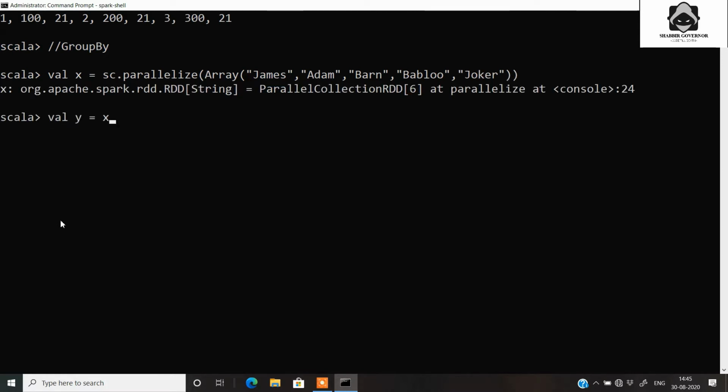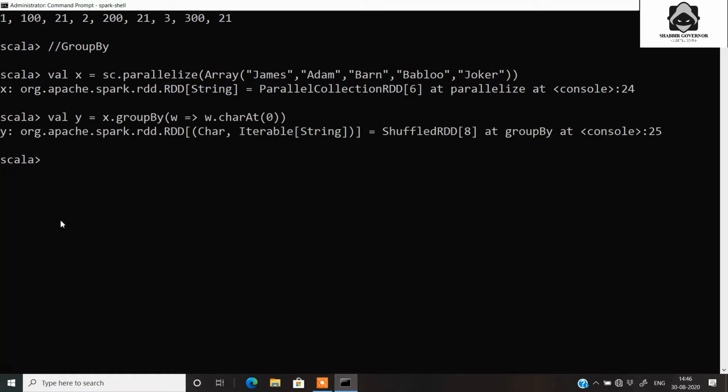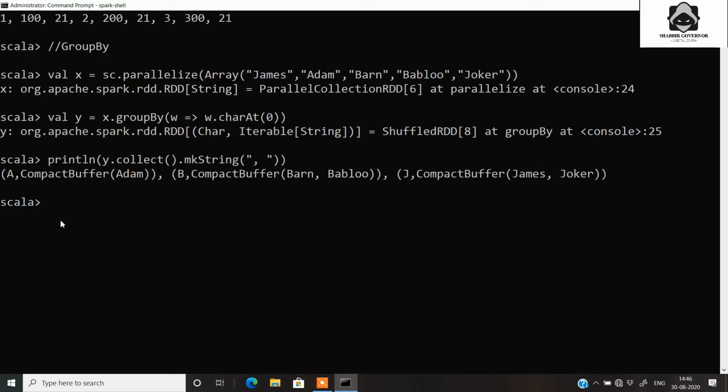Then we apply the groupBy function on it. We pass in the first element as an argument, and here we have the function charAt(0), which will check and group everything by the first character. For example, James and Joker will be grouped together.